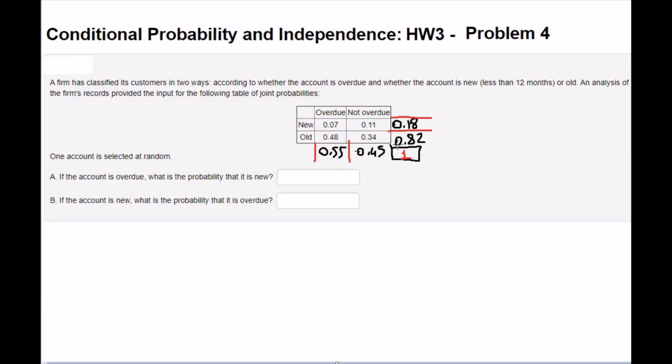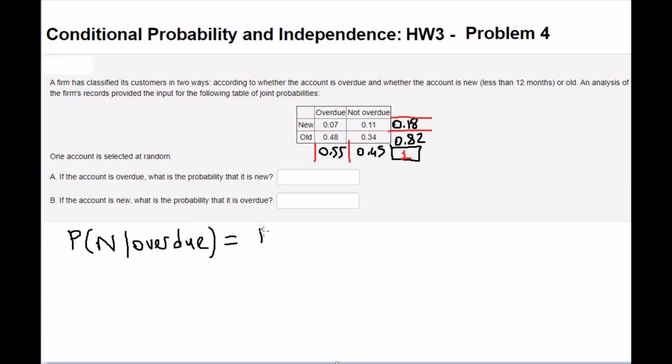Now our interpretation will be like this. The total probability of the overdue is 55%. The total probability of new is 18%. Likewise. Now part A is asking if the account is overdue, what is the probability that is new? So that is the way to ask probability of new given overdue,